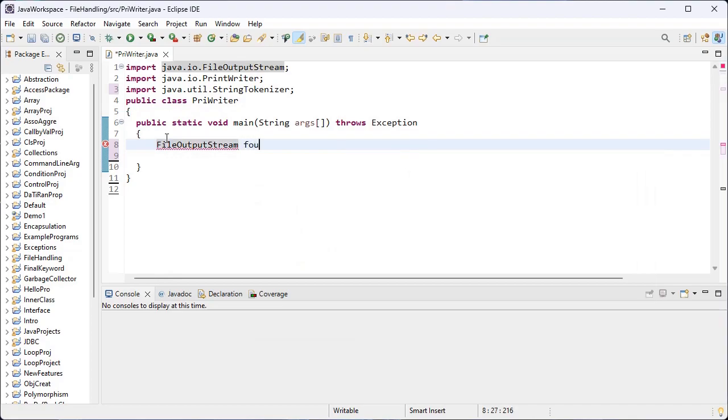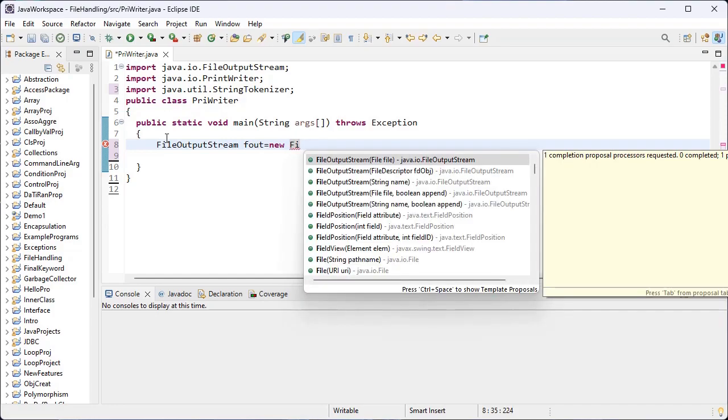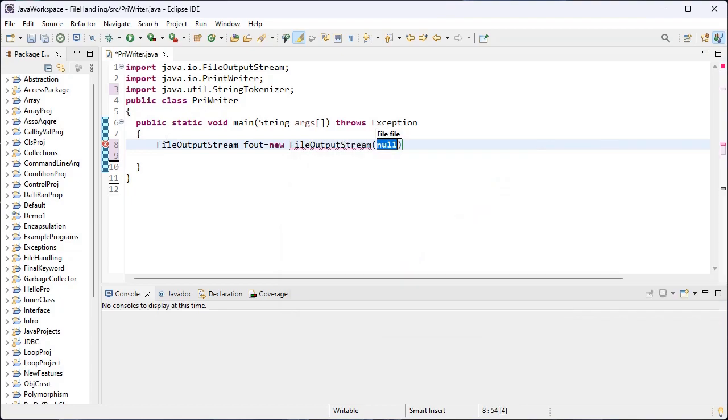My object name is fout. Whatever we want we give. Here I have given fout. Okay, new keyword and the parameterized constructor for the FileOutputStream class. Inside the round brackets, I pass the path of the text file,